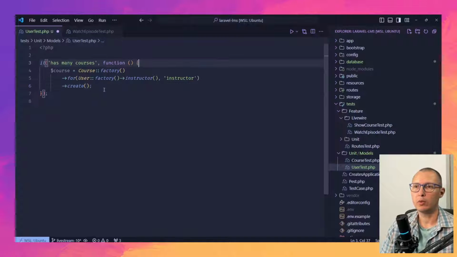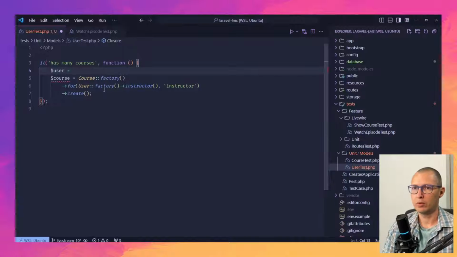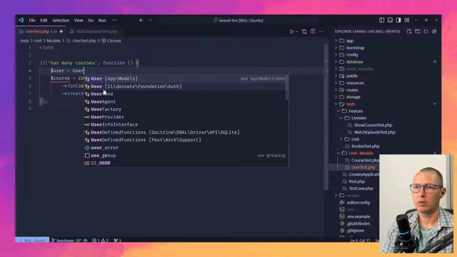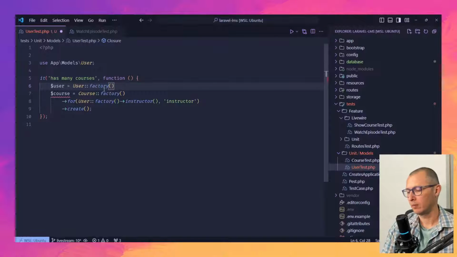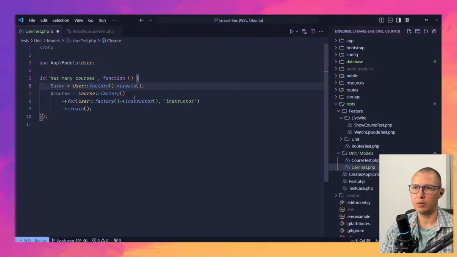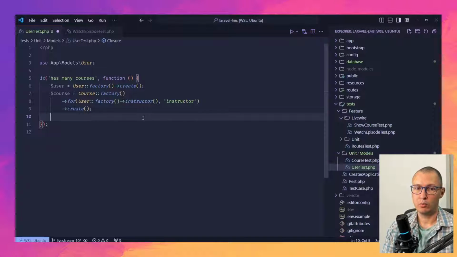So right before this, let's say user equals User factory create. There's nothing else I need to do on this user, so the default one should do. Let's see, and then a course. All right, so what I'm going to do next is I'm going to attach